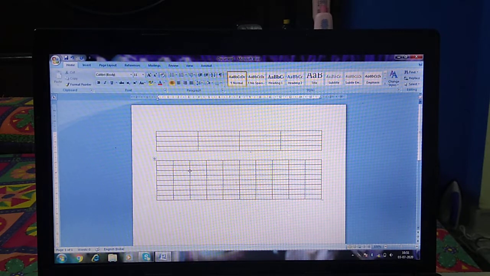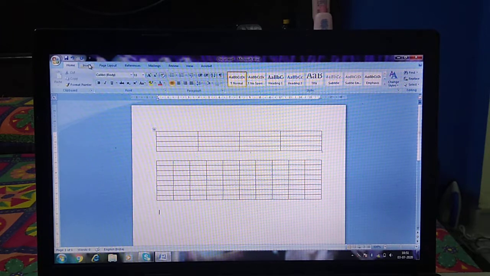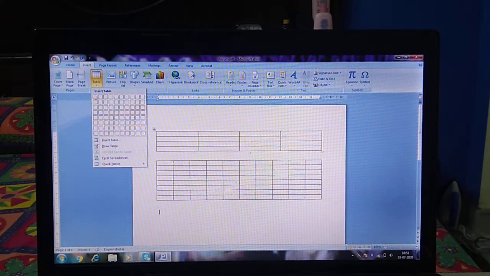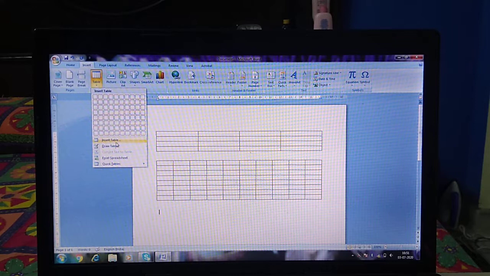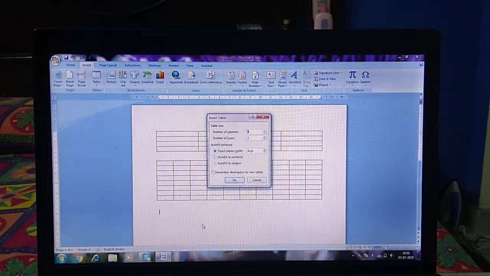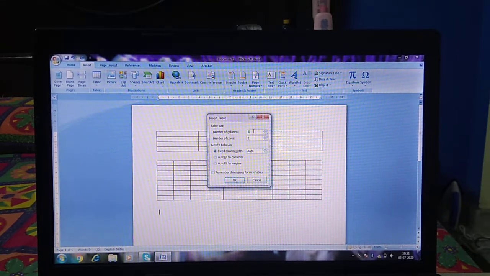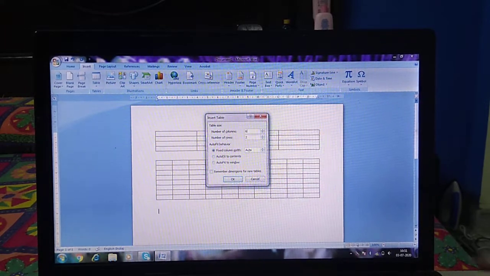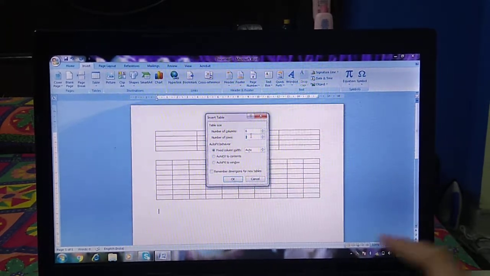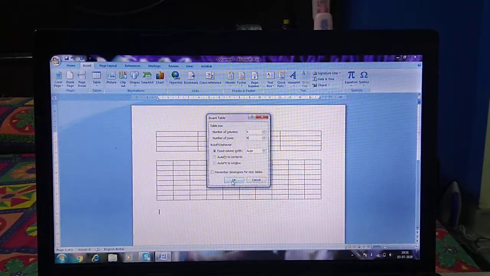Second way is using insert table dialog box. Means using insert table. Again we will go in the Insert tab, then we will click on table. Now the second option is here, insert table. Can you see the insert table option is here? When you click the insert table option, one dialog box will appear. Okay, in this dialog box they are asking about number of columns and number of rows. Okay, so number of columns I want 6, and number of rows I want 8. Okay, now I will click OK.